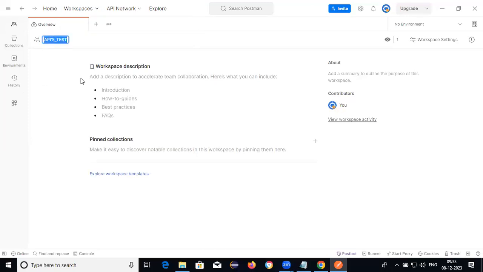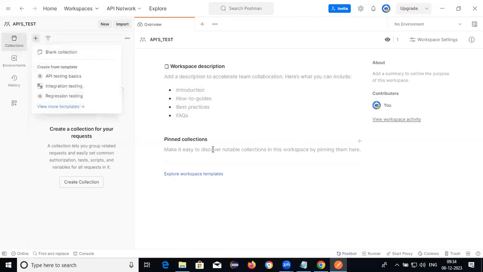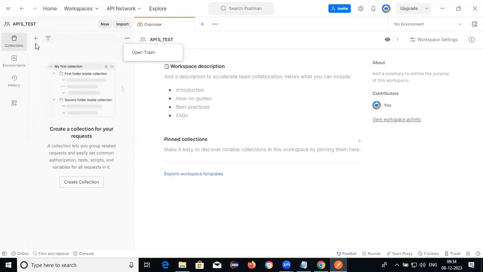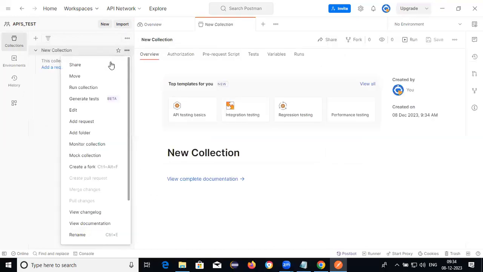See guys, I created the workspace. Once I create the workspace, in this workspace I need to create a collection. The first collection name I will provide.